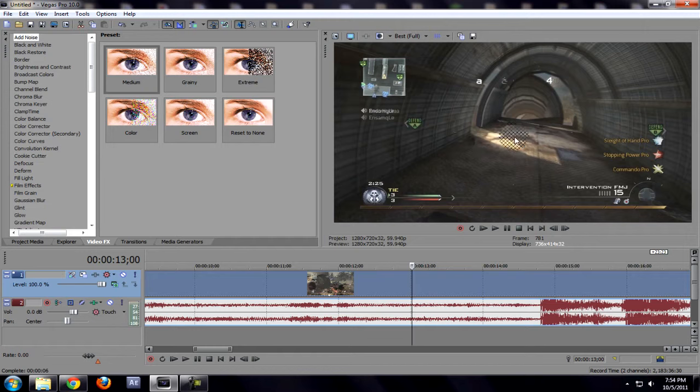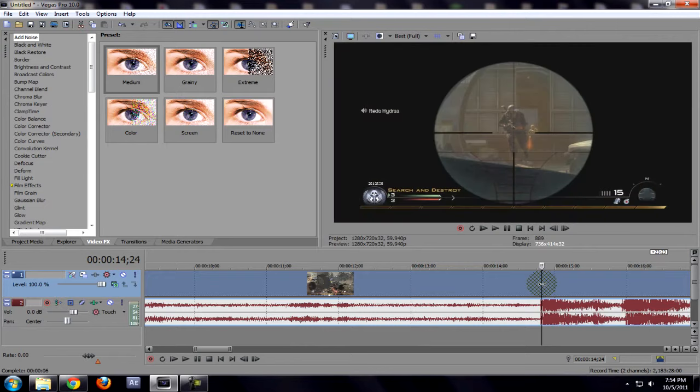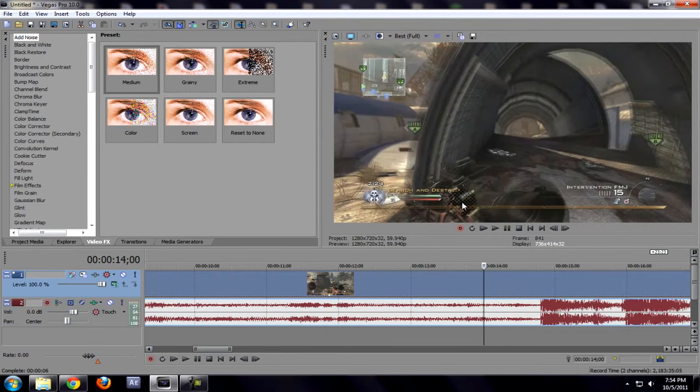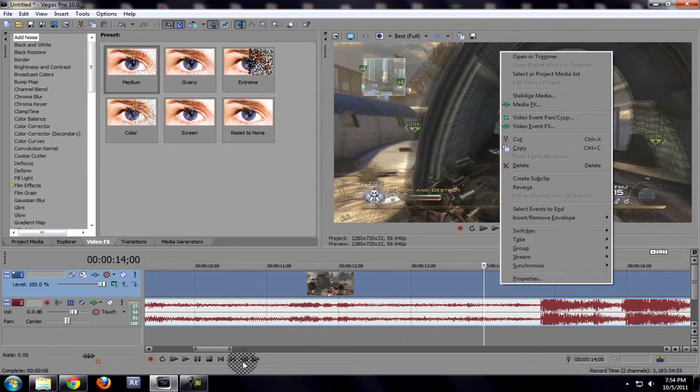If you notice, this is blurred, this is clear, and let me just get an example with the gun out where he's zooming in. Alright, you can see in between frames here this blur. I don't know, here, let me just show you. See this ghosting? I don't know if you guys can see that. It's really bad, and it ruins the clip, and I see it so much on such good edits,